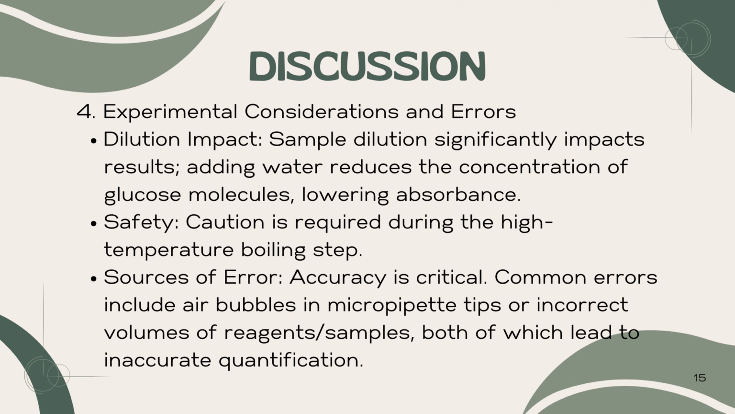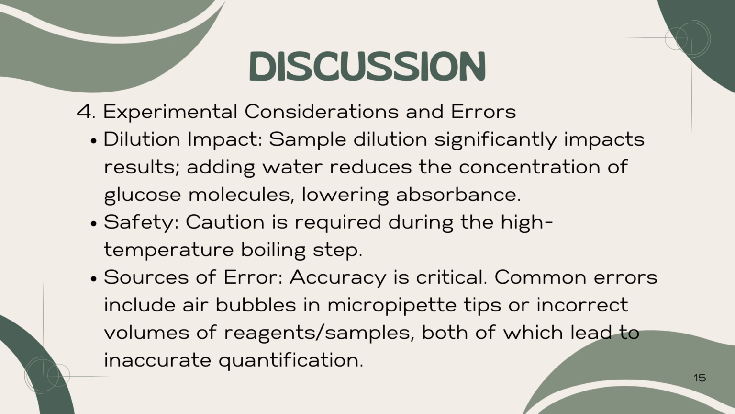4. Experimental considerations and errors. Dilution impact. Sample dilution significantly impacts results. Adding water reduces the concentration of glucose molecules, lowering absorbance. Safety. Caution is required during the high temperature boiling step. Sources of error. Accuracy is critical. Common errors include air bubbles in micropipette tips or incorrect volume of reagents or samples, both of which lead to